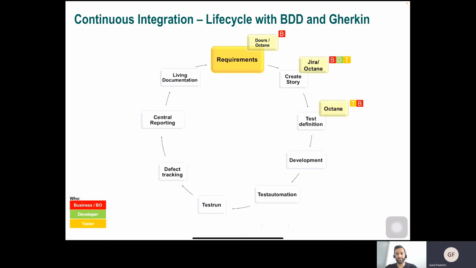Well, when you have the user stories, then you can start right away with the test definition in Octane, where you can use these Gherkin sentences and, as I explained before, add some more information to it. Then we start with the development phase. So we have our test cases and we have our user stories, and then the developer starts, and they usually have their own tools. In this case, the IDE was IntelliJ, can be also Visual Studio or Eclipse as a tool